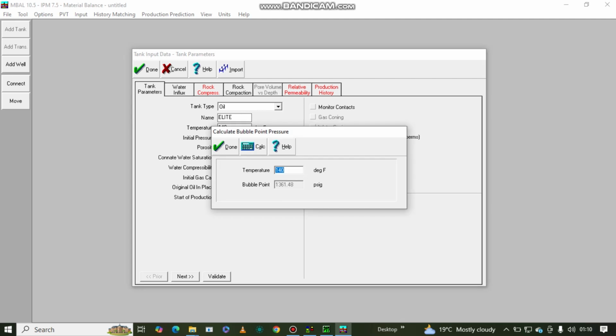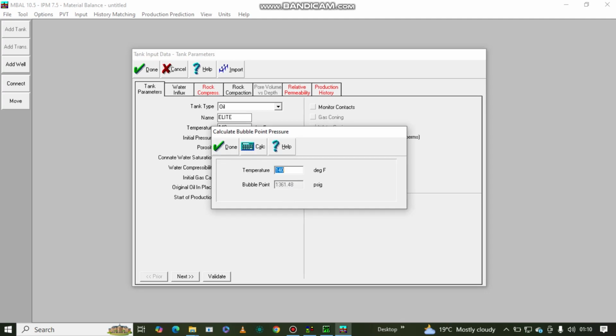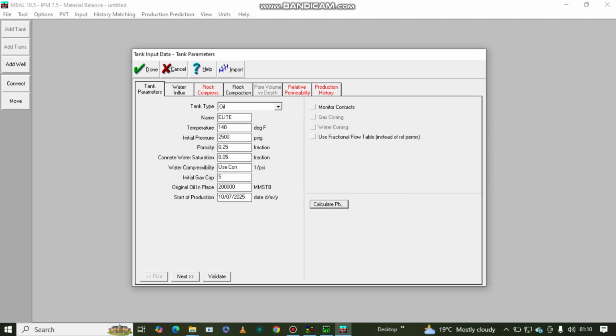Then I need to calculate the, let me first go back. We calculate the bubble point pressure. Click on this, and then we have the temperature versus the bubble point pressure, so we can do a calculation. This is a continuation from the previous one. When you finish, you come and click on validate first before you click on next, to put in the water